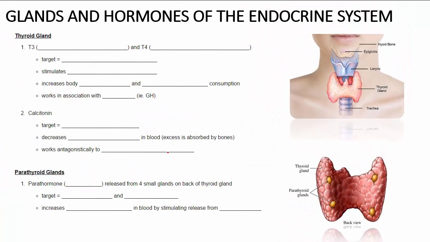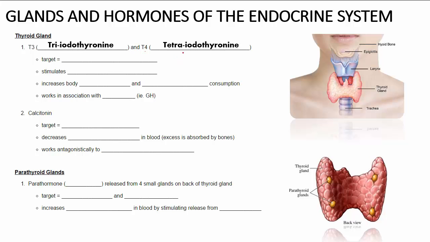All right, so let's go through this. The thyroid gland produces thyroid hormone, and there are 2 sort of versions of this. There is one called T3 and one called T4. The first one stands for triiodothyronine, and this implies that there are 3 iodine atoms in the thyroid hormone. The second one, T4, is tetraiodothyronine because there are 4 iodine atoms. And I showed you a diagram of this in class where we have 4 iodine atoms on the